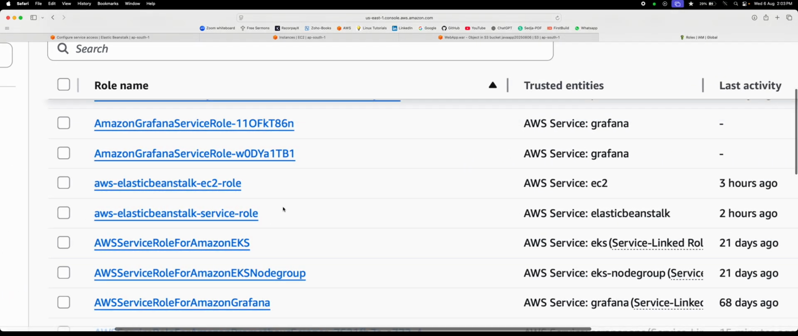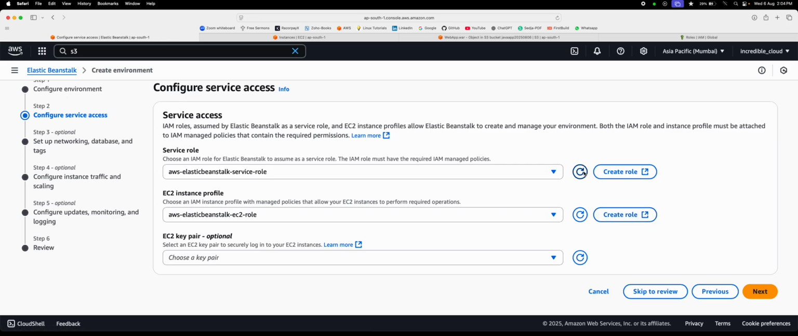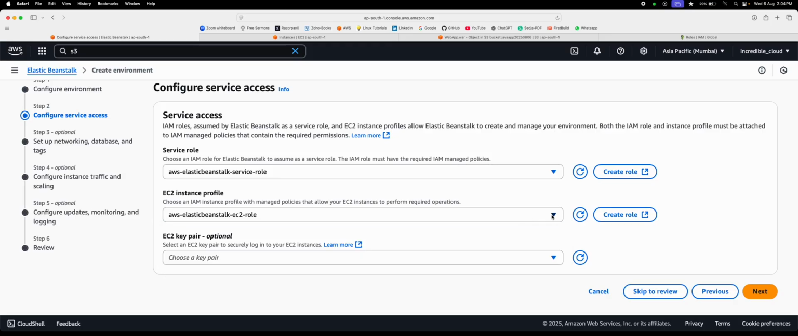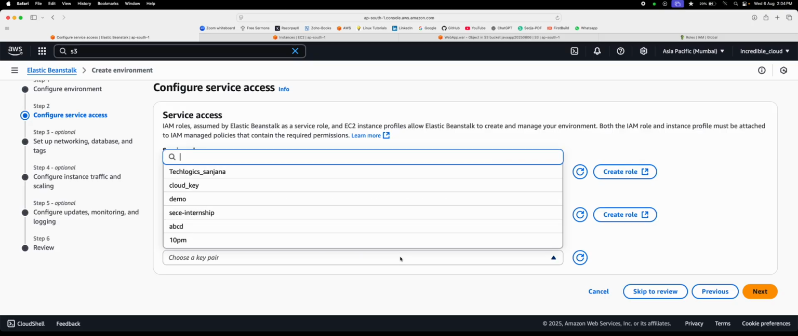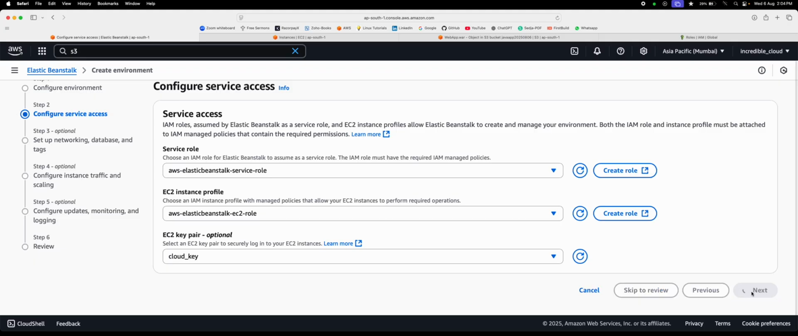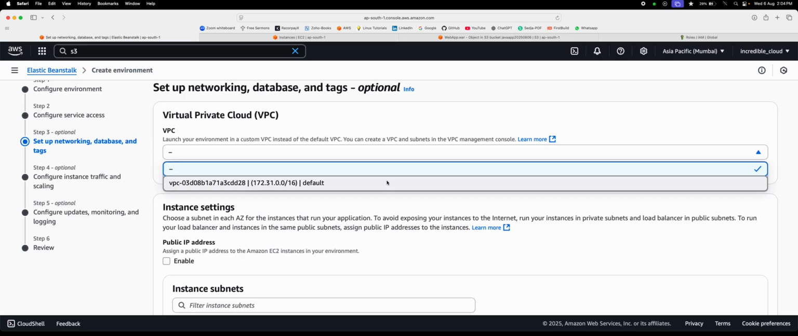See, one is for the EC2 role I have, and for the environment I also have one. So after the roles are configured, click on this refresh button, and that role will be automatically attached. Okay, so once the roles are attached, next select your key pair, click on next,